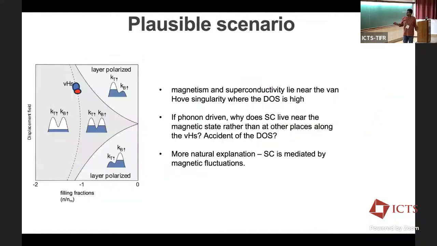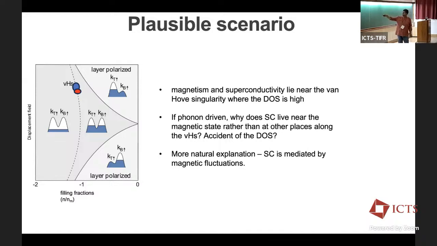Okay, so what's a plausible scenario? What we know for sure is both this magnetism or this Fermi surface reconstruction and superconductivity lie near the Van Hove singularity where the density of states is high. That's kind of obvious in all situations. And now one can ask, if this superconductivity is phonon driven, then why does the superconductivity have to lie there? Why could it not lie there? There's a Van Hove singularity here and a Van Hove singularity everywhere along this line. Why does it decide to live near the magnetic state? Could be it's a pure accident. This is a place where the density of states is maximized,